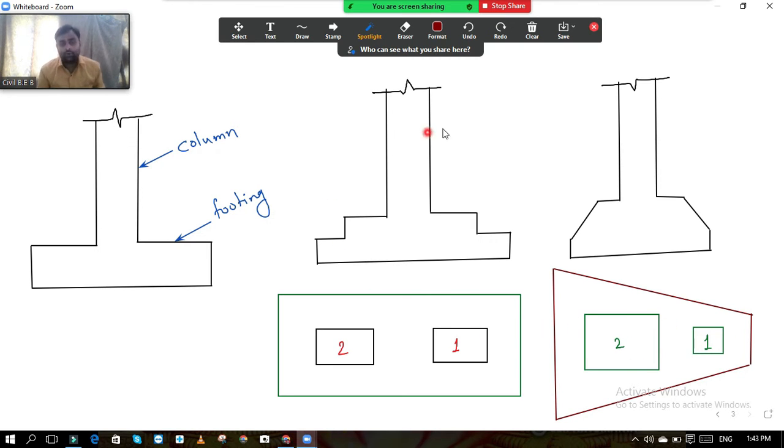So this is for your information, extra knowledge. You should know these things. That is why I have told you. But in our syllabus now, we are going to look at the isolated footing only, isolated square and rectangular footing. We will take the numerical straight away, and in the numerical itself I will tell you how to design the footing and explain the concepts. Okay, so now the first part is the introduction.